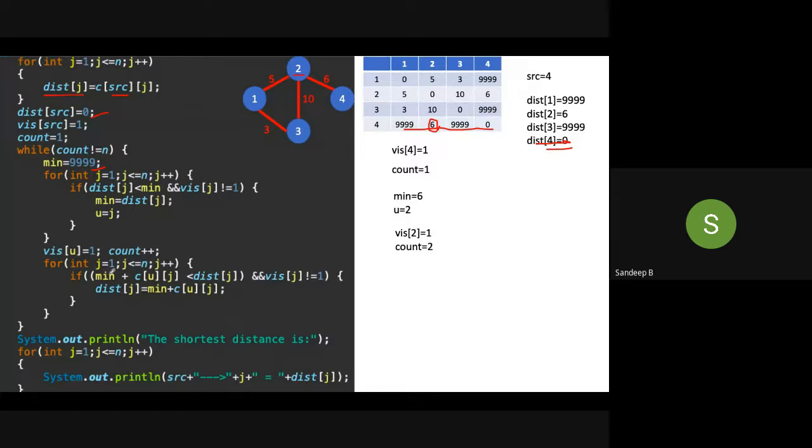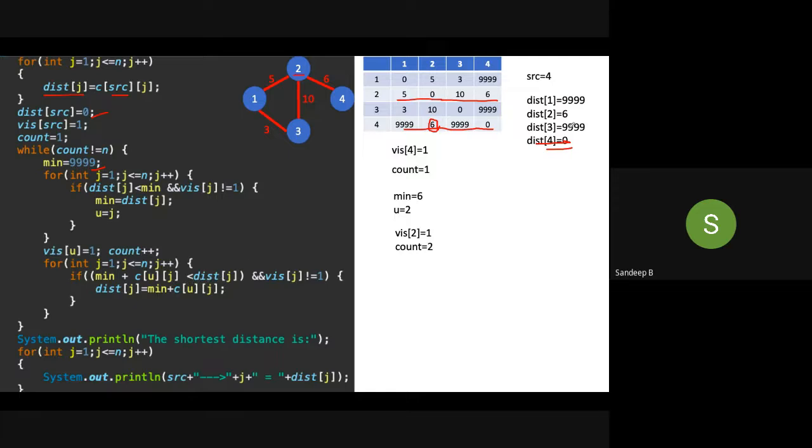So for int j is equal to 1, j less than or equal to n, j plus plus, minimum is 6, minimum plus C of u,j. U is now 2, so we have to see the row value 2. This row we are talking about. C of u,j is C of 2,1, that is 6 plus 5, 11.